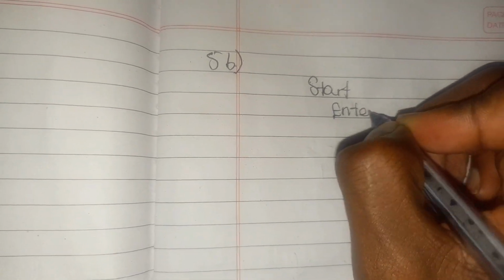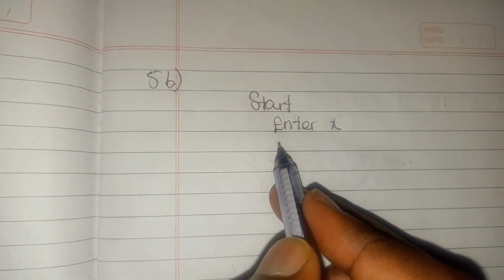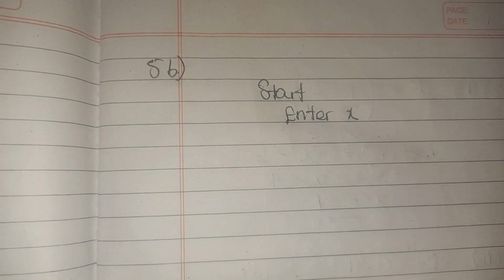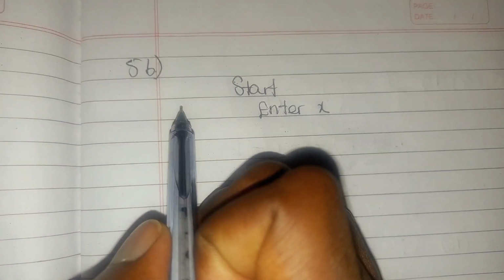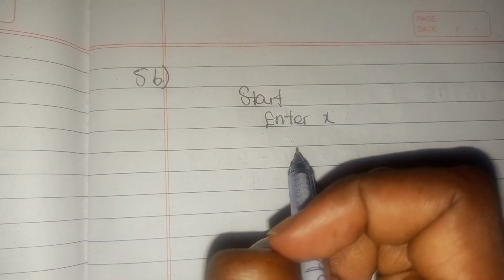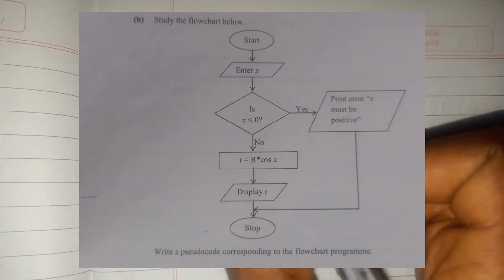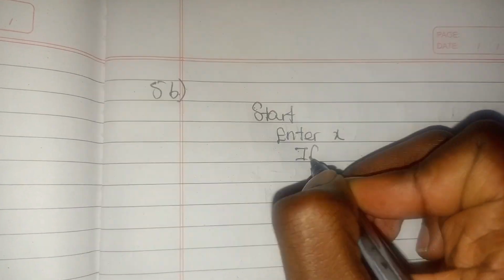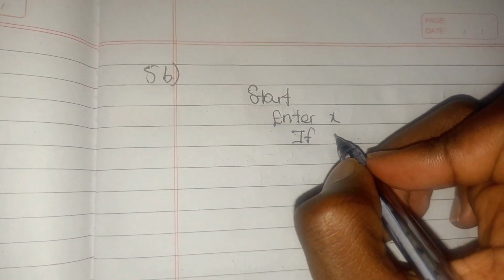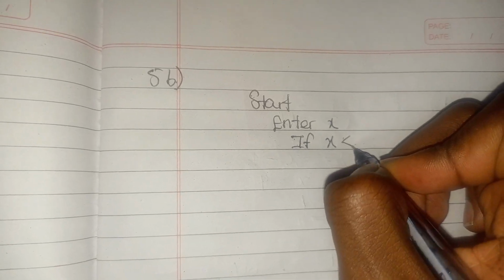You want to make sure that you write it in an indented manner. The next part is the decision box, where it's asking is x less than 0. Here you're going to say if. So the "is" changes to "if", and you say if x is less than 0,